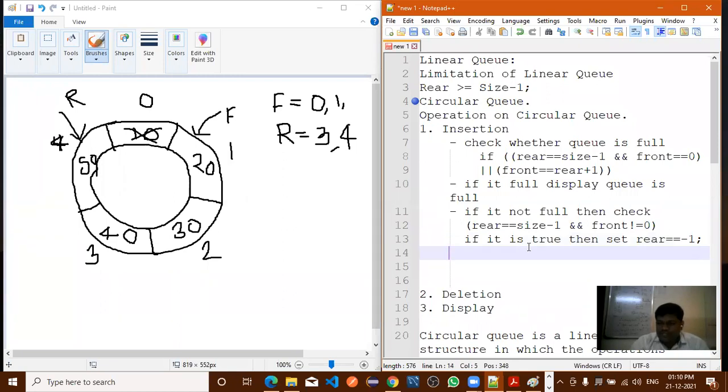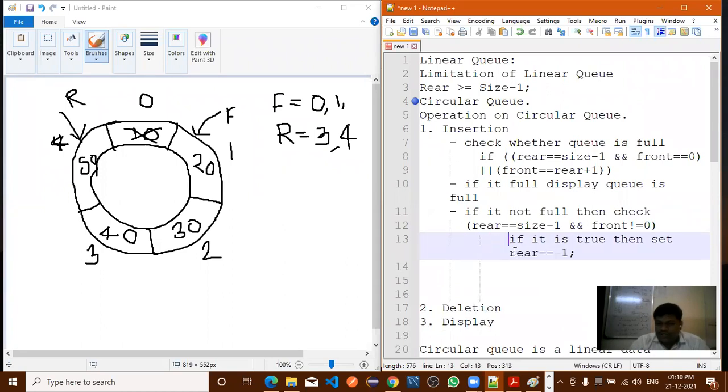So if this condition is true, then automatically rear is equal to 1. Now next step, we'll see, right? Just a minute. Now increment.